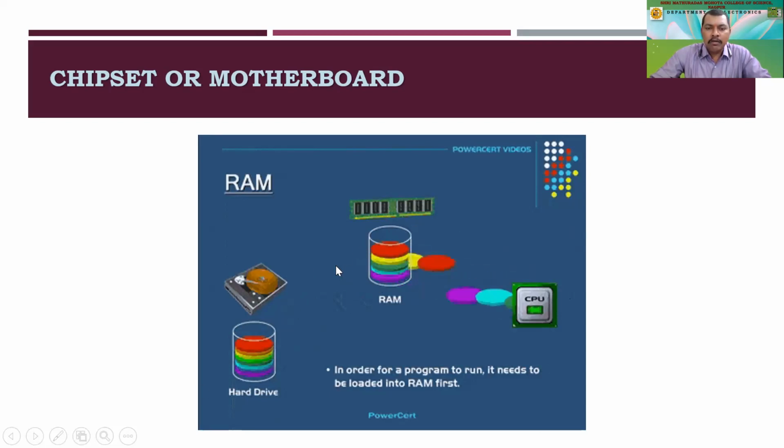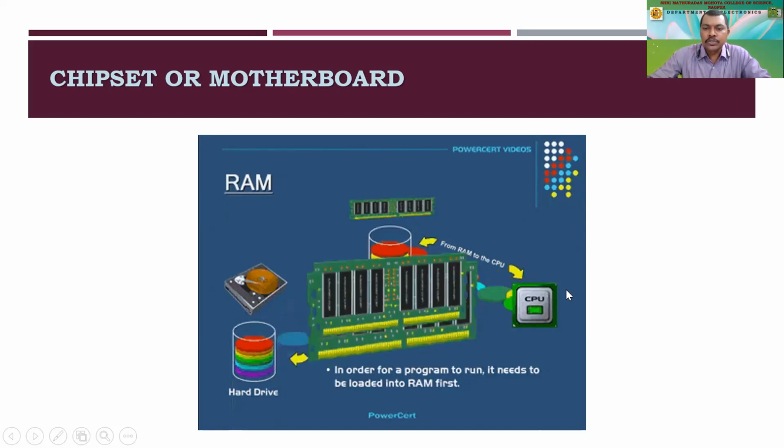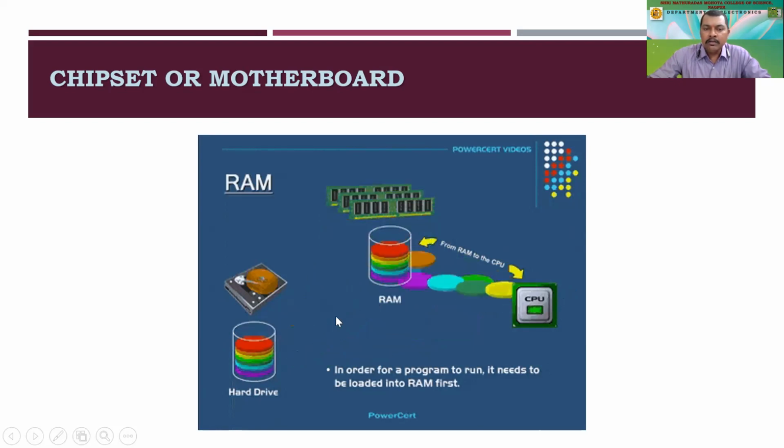Now, what is that data? It is some of the programs, some of the instructions, some of the data to be processed. That is all stored in the hard drive. As soon as you start the PC, all the data which is required is first loaded or stored in the RAM, and then the CPU accesses that data. The CPU cannot access it directly, and if you need to increase the speed of the CPU or computer, then you have to increase the size of the RAM. So that was shown over here. This was what I missed yesterday.